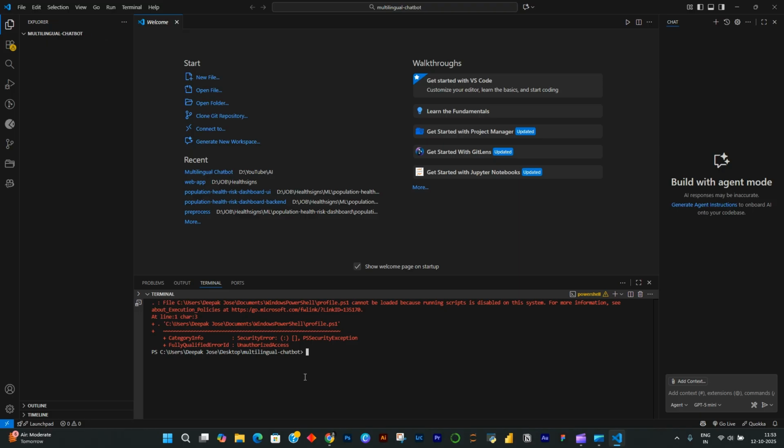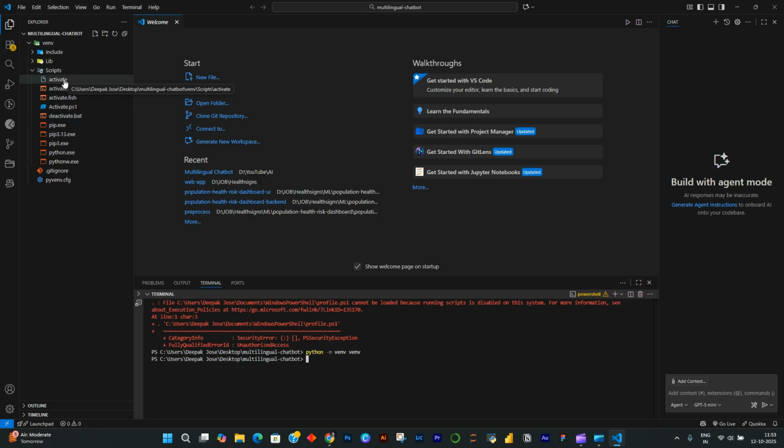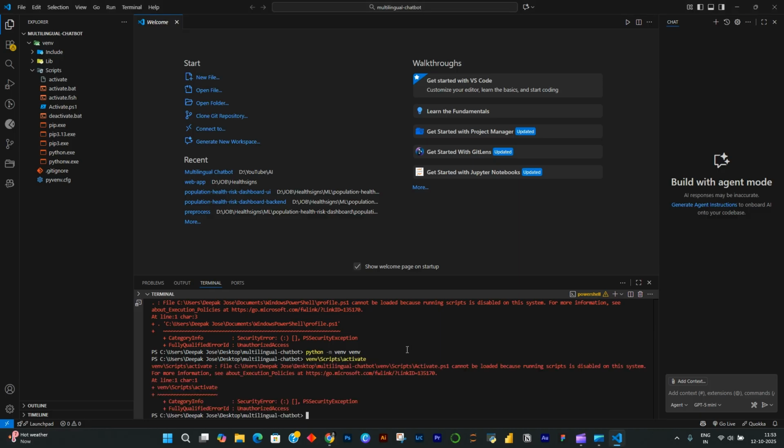Okay. So let us just type in whatever I am typing here: python -m venv and the name of the virtual environment. Okay. And it has created the virtual environment here in the folder. You can see it here. Now we need to activate it. So you can check inside. You can see activate, right? So this is a script that we need to use to activate this. So just go to that folder and